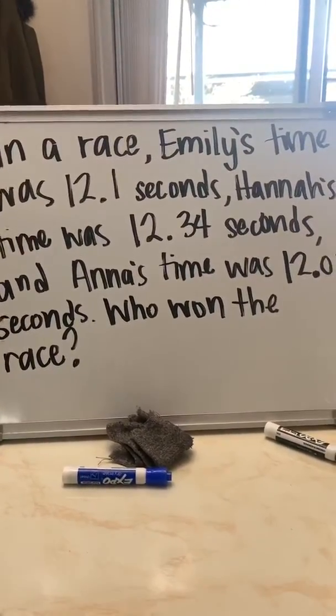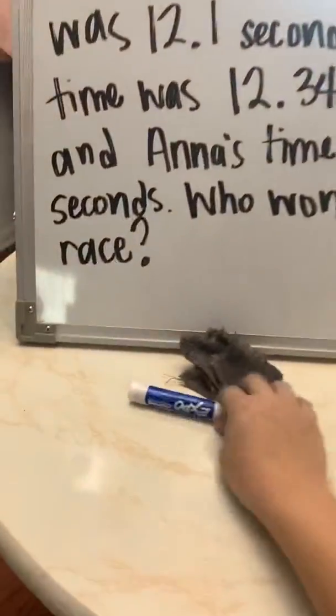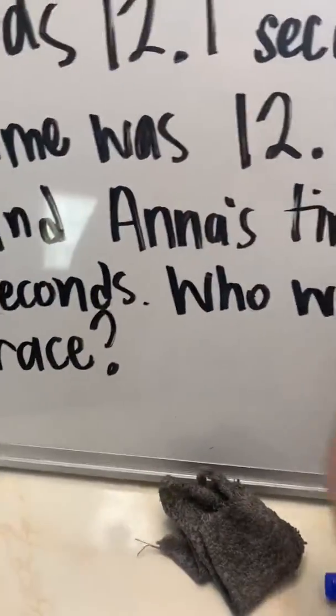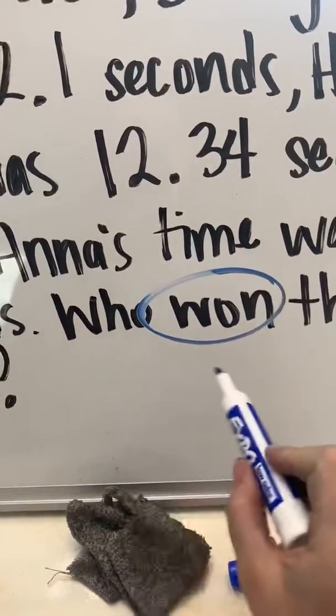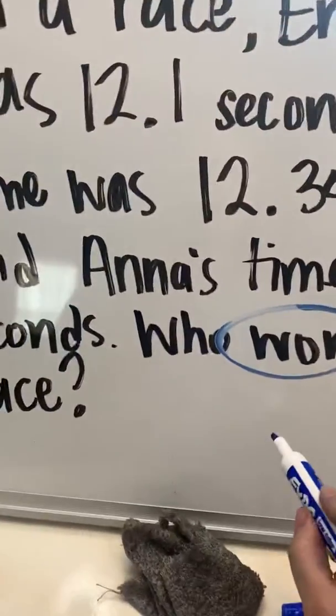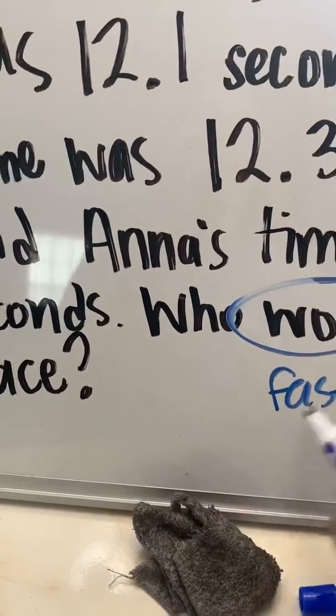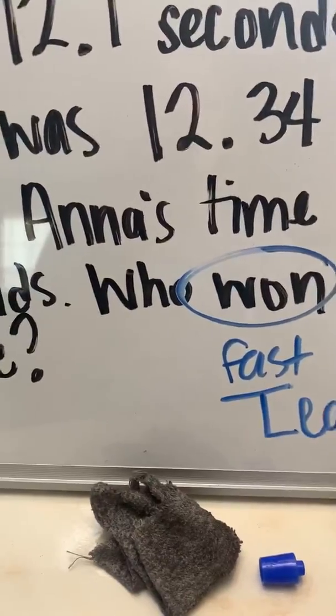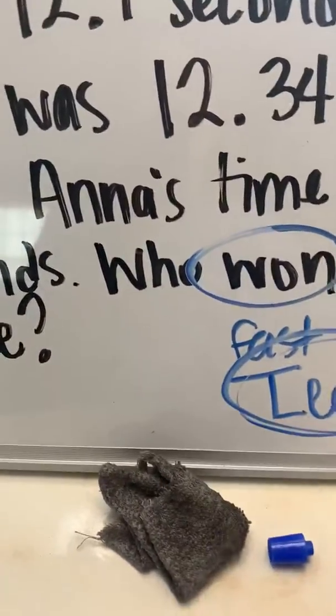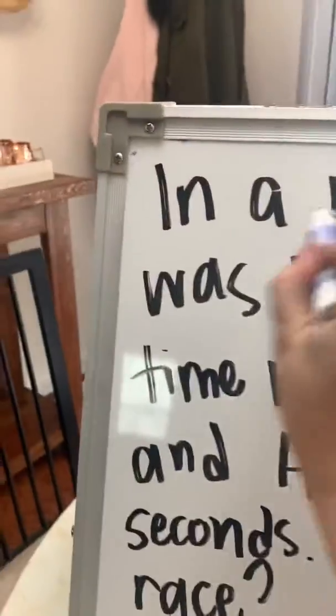Who won the race? All right, when I look at the question, who won the race, when you're running a race, do you want your time to be slow or fast? You want it to be fast, which means less time, which means I'm looking for the least or the smallest number. So I'm comparing this number,